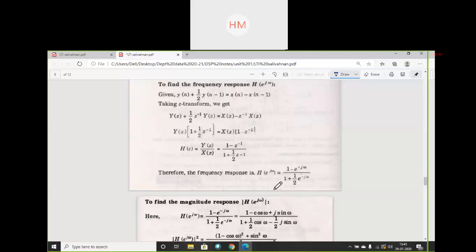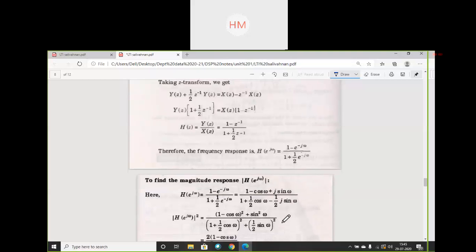You can also simplify the above equation. Put e to the power minus j omega everywhere, equate all the terms, and you can find out. Then e to the power minus j omega in the denominator is this. What I am doing here, I am trying to simplify it. So for simplification